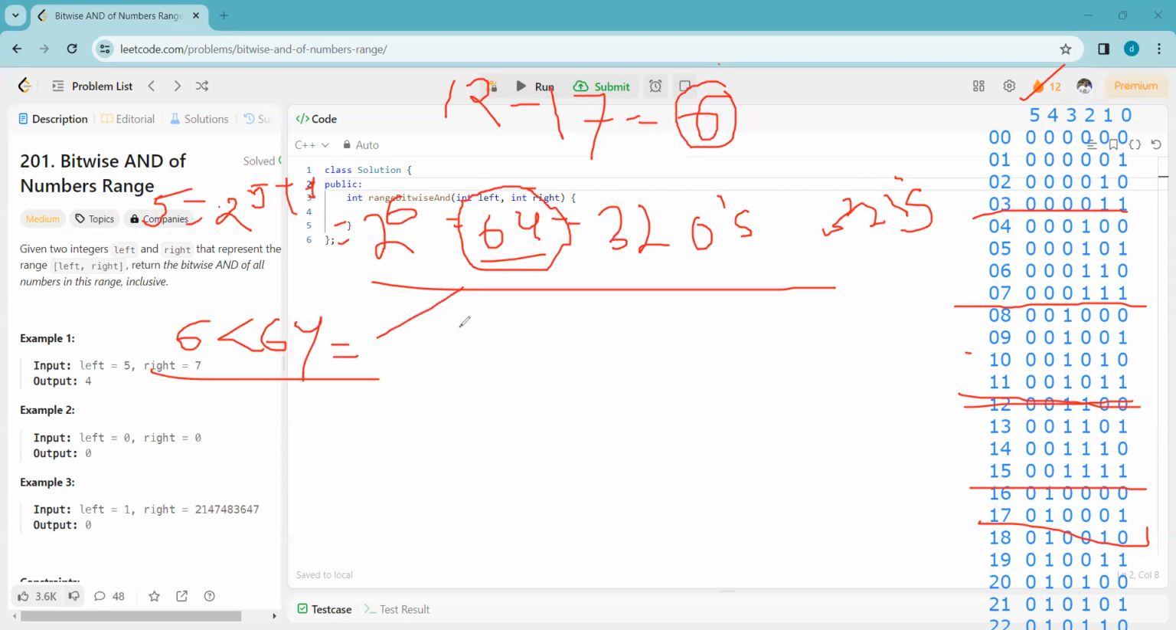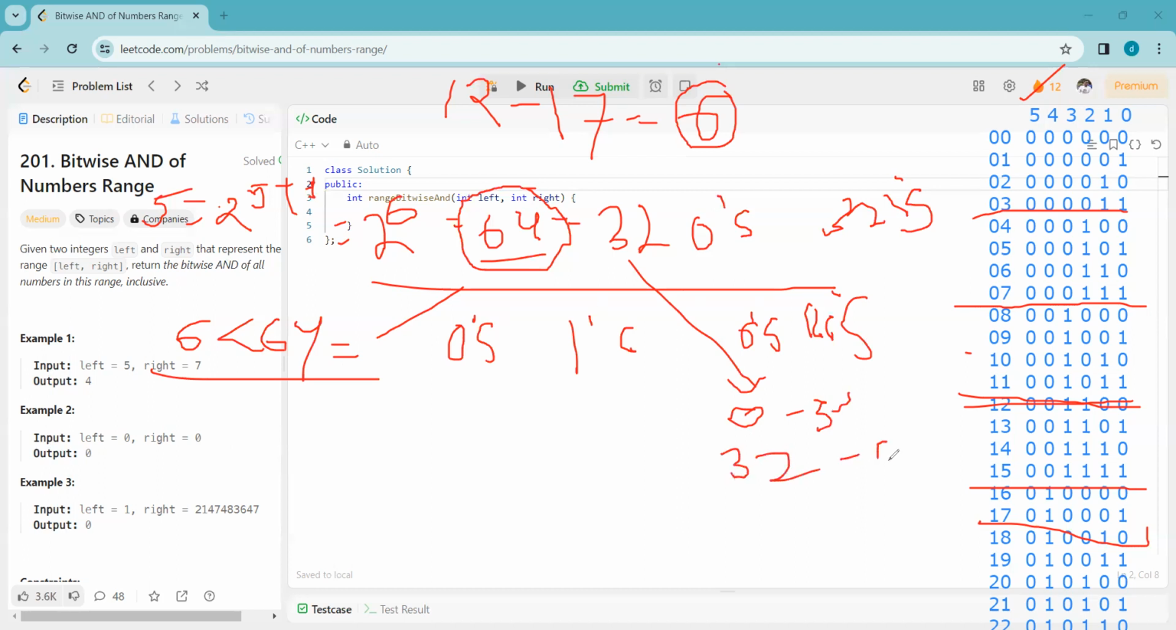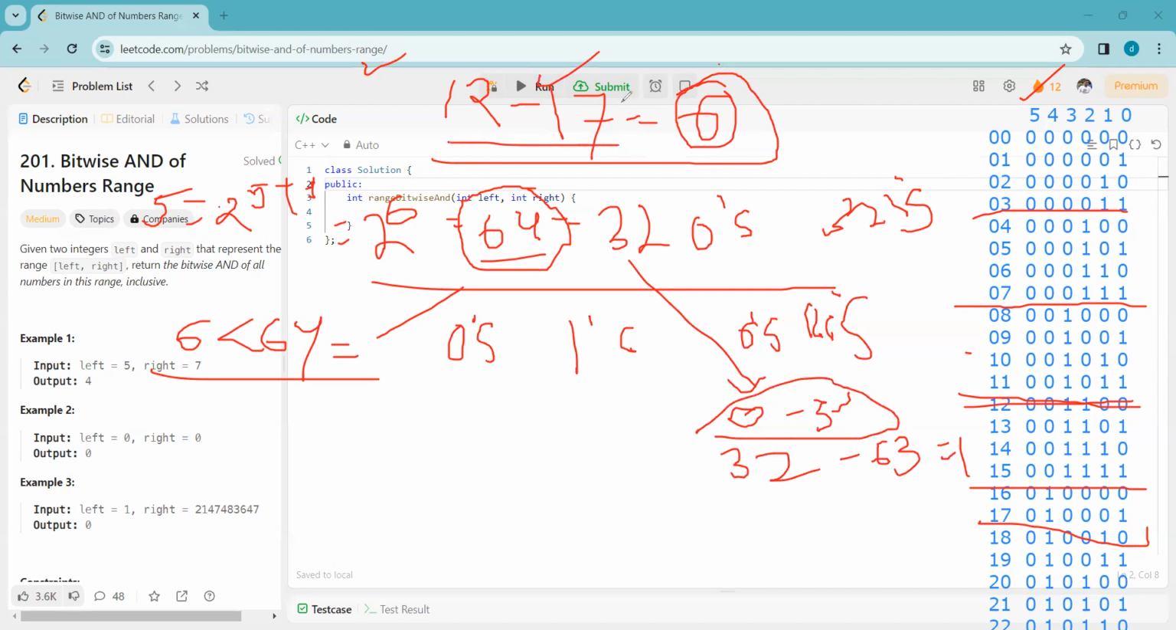Now that means it may contain all zeros, all ones, or some zeros and some ones, right? The range of zeros will be from 0 to 31, and from 32 to 63 it will contain ones. So we see our range is from 12 to 17. That means it lies in this range 0 to 31, so all zeros. Since 12 to 17, the fifth bit position is all zeros,